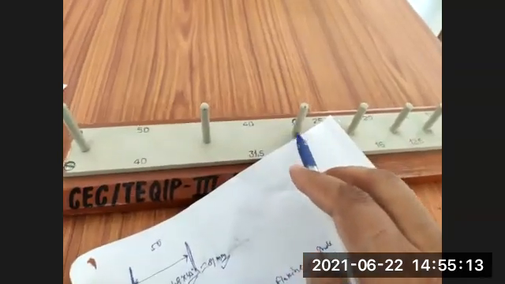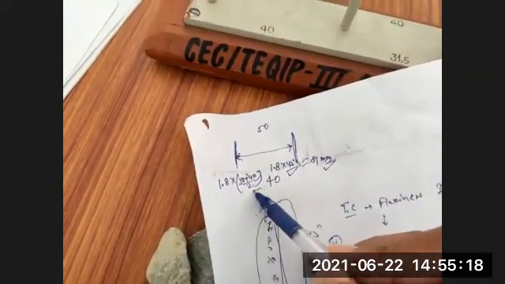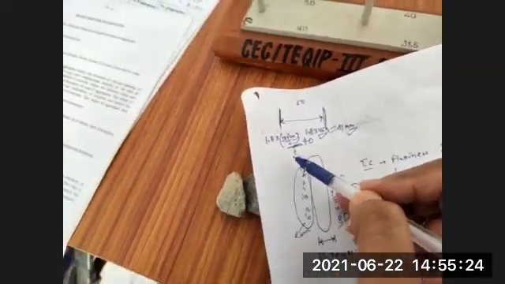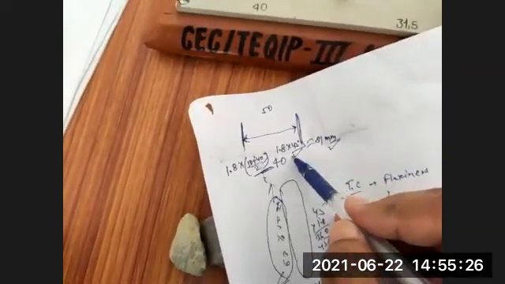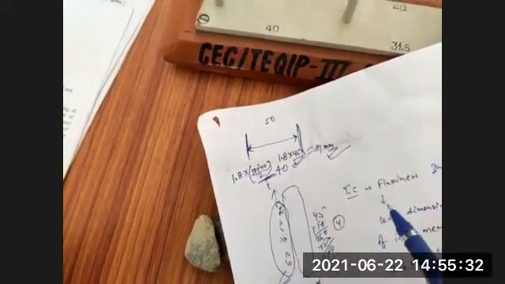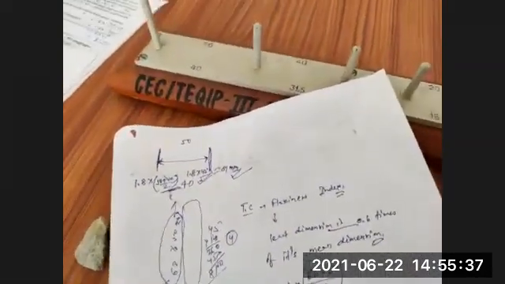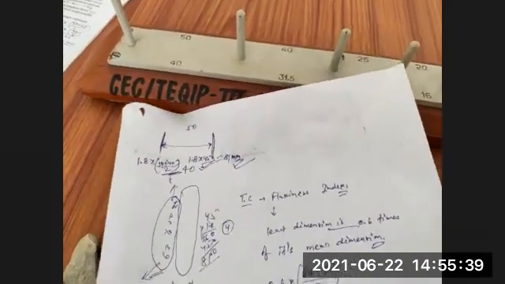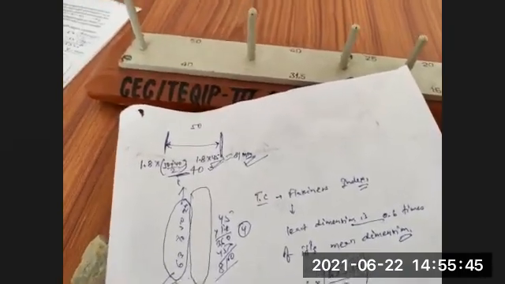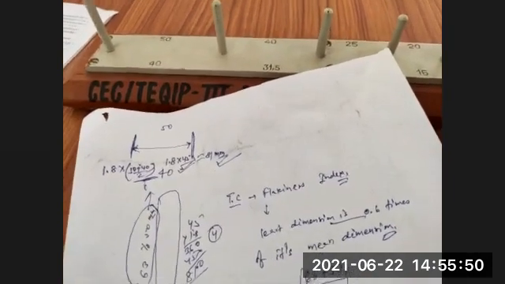Here, gradually, the size of opening will get reduced. So how do we find it? We just take 50 plus 40, this is the mean, divided by 2. We get 90 by 2, that means 45. Then 45 is multiplied with 1.8, and we get 81 mm. Basically, the definition of elongation index says it is the percentage by weight of particles whose greatest dimension, generally length, is greater than 1.8 times their mean dimension.